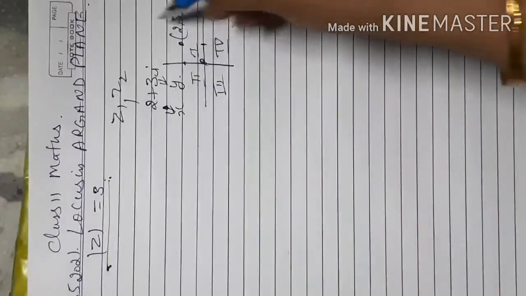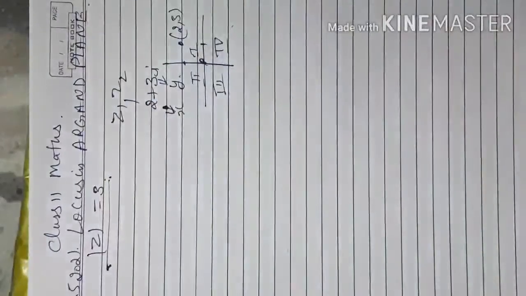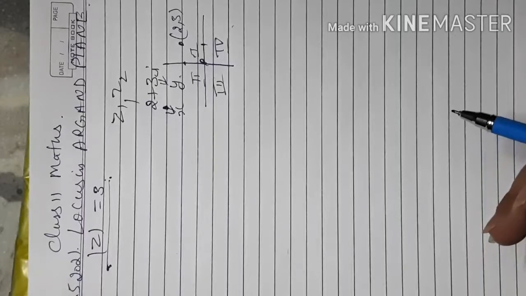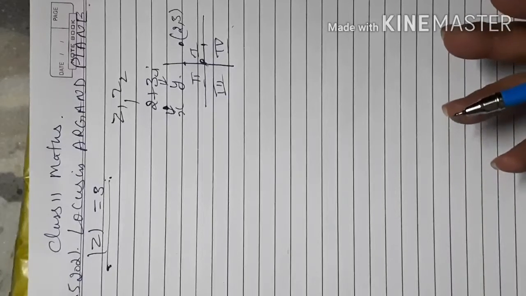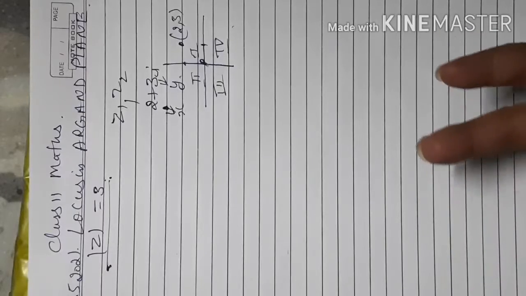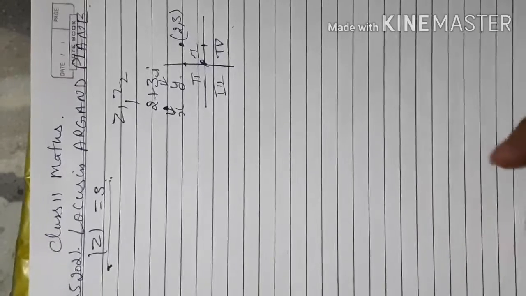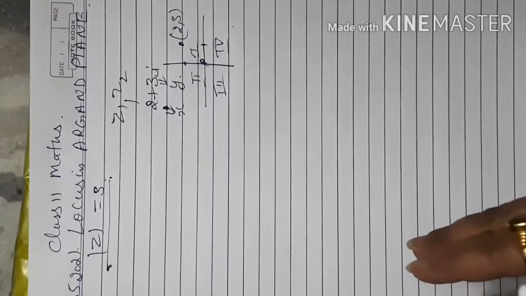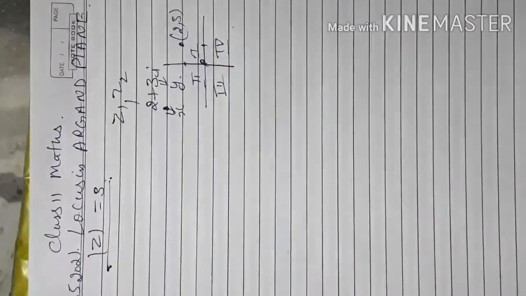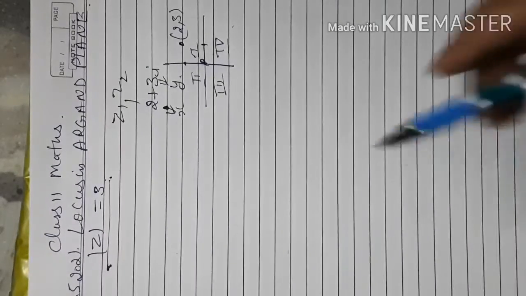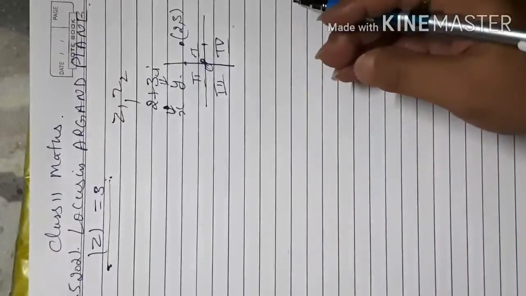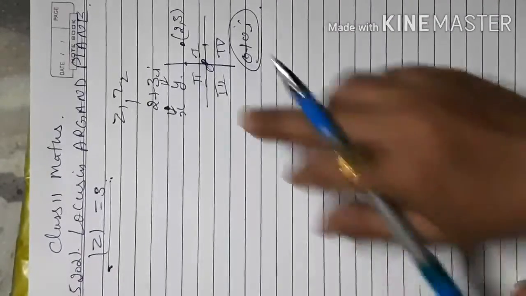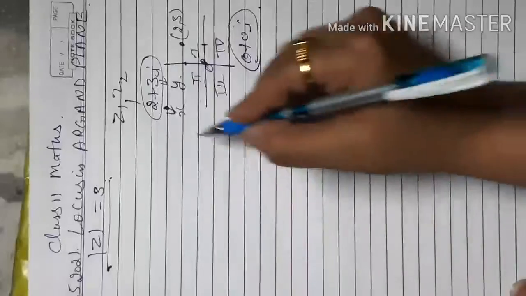But if a point is moving freely anywhere, and it is not mentioned how much distance it is from the center point, then there is no use of that point. So there are two ways for any point moving in the plane. Always, when you are going to find the location of any point, you must know the distance of that particular point from the origin. If I have this origin, what is the complex number of the origin? 0 plus 0i.